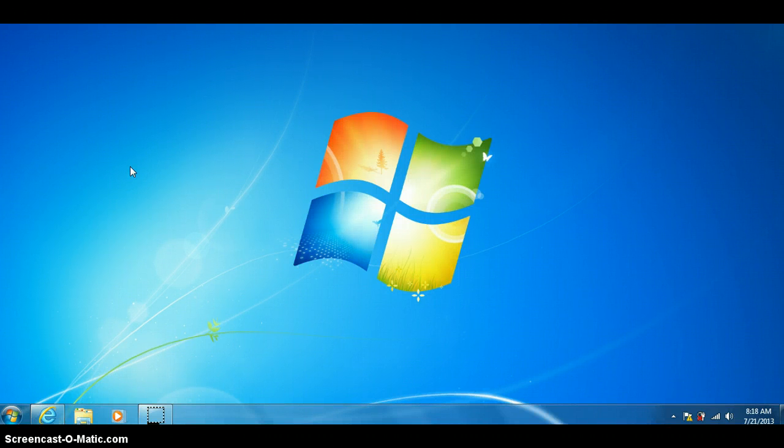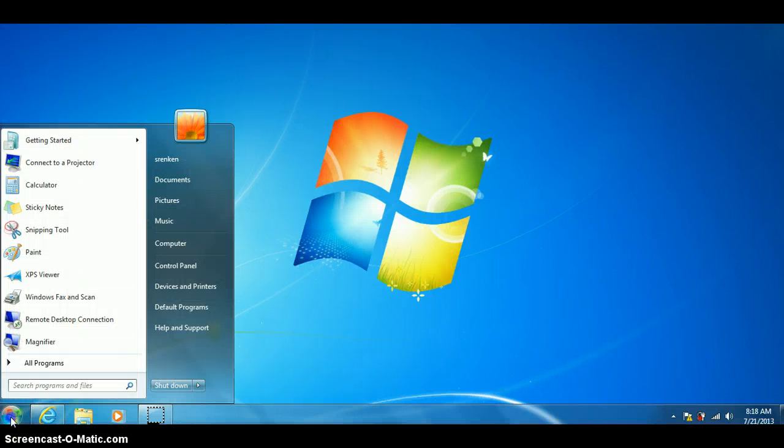In this video, I'm going to show you how to add a network printer to your computer. The first thing you're going to do is go down here to the Start menu and click on that. That brings up this screen. Then you're going to go here in the blue to Devices and Printers, and you're going to mouse click